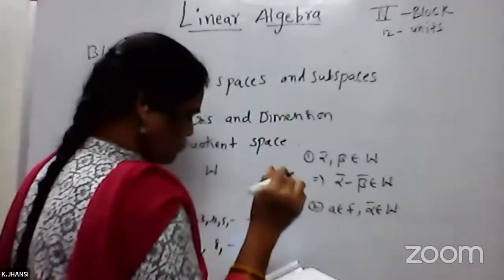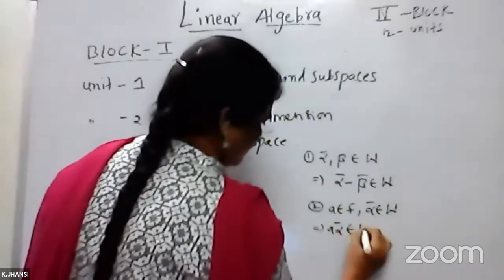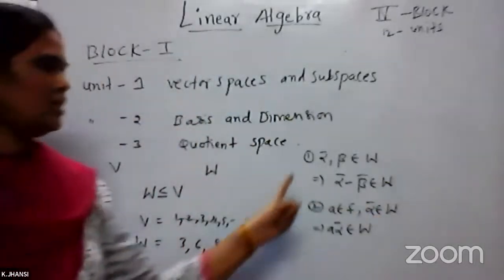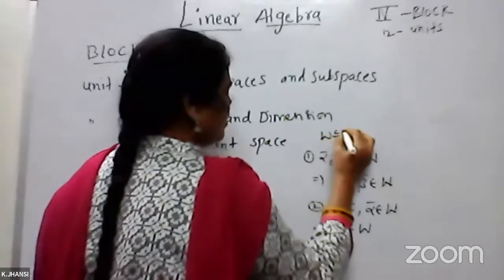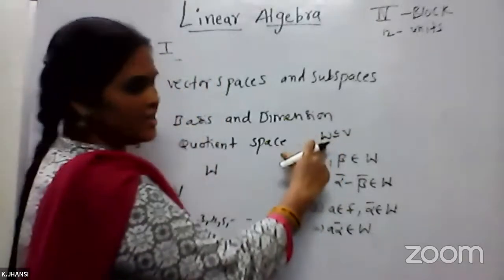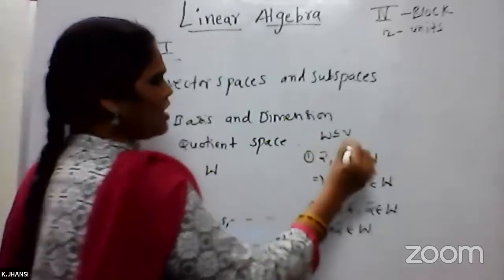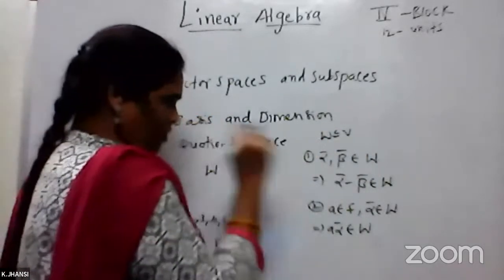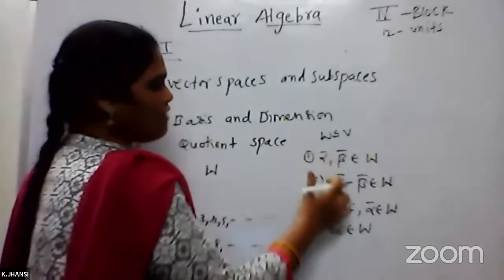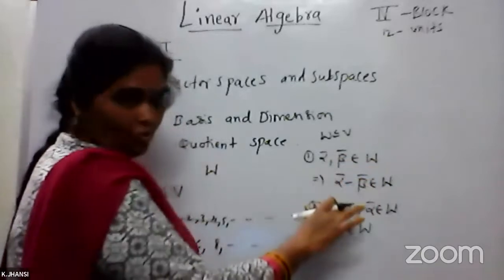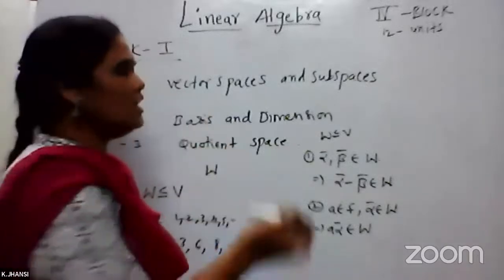Alpha bar belongs to W implies A alpha bar. These 2 conditions: W is any set which is a subset or equal to V. If it satisfies the first condition, alpha comma beta, if they belong to set W, such that alpha bar minus beta bar also. That means when you take the difference of these 2, whatever value you get,